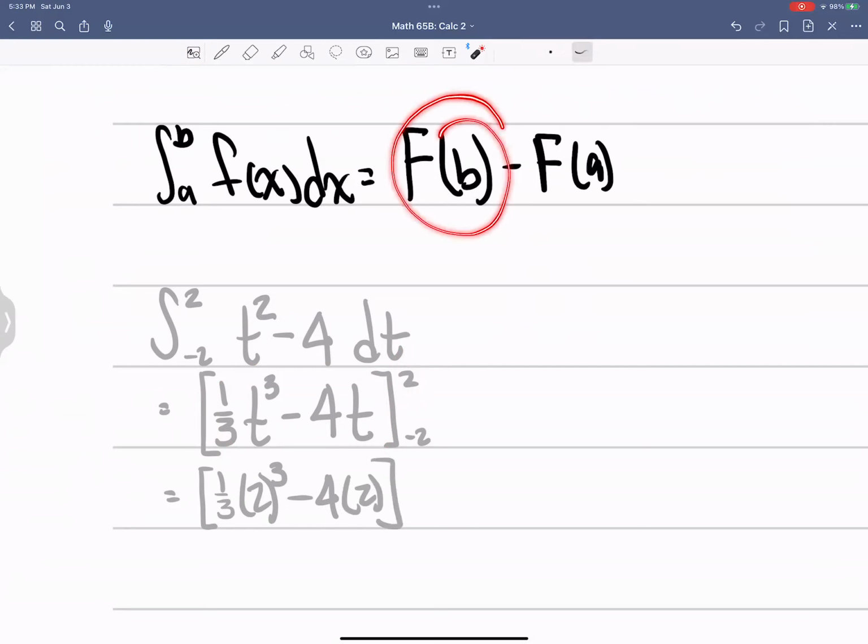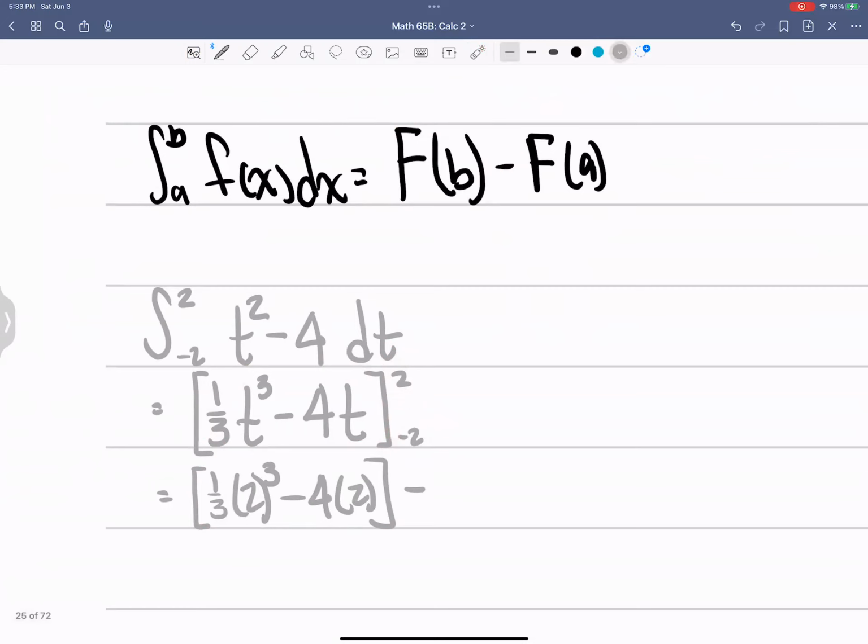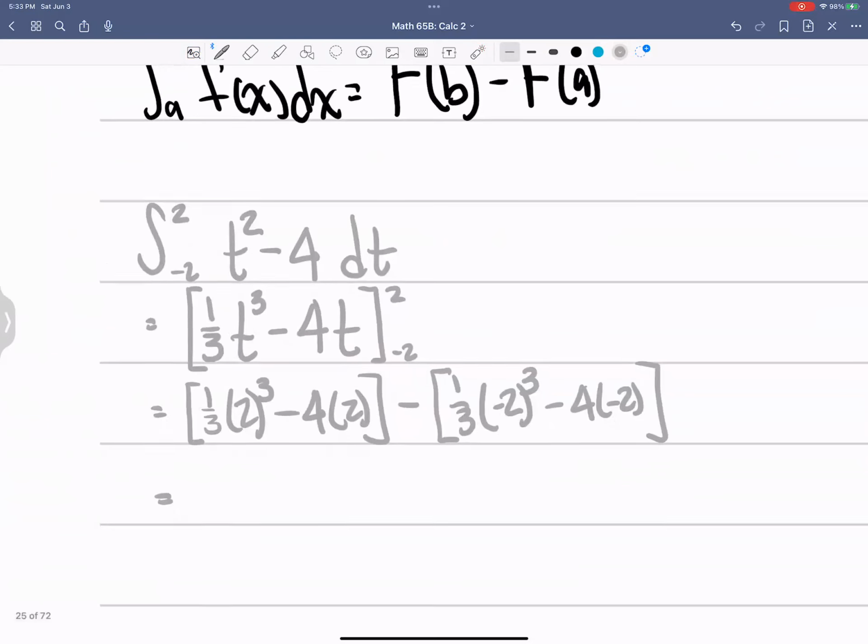So what we just did was this right here. Now we're going to subtract. So minus, and now we're going to do f of a, so f of -2. So we have 1/3 times -2 cubed minus 4 times that -2. And now that we have that,